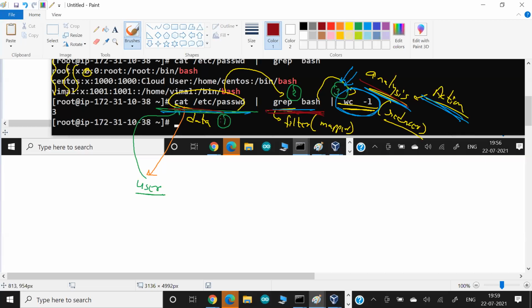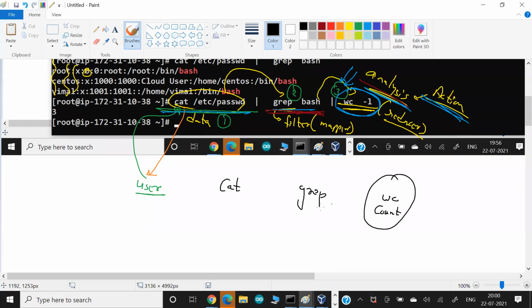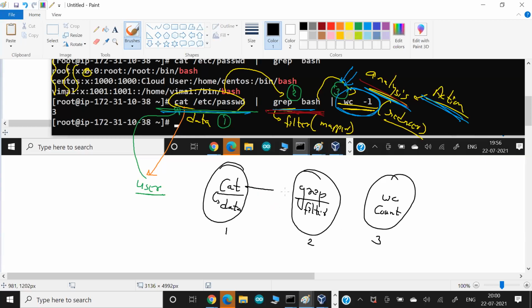So they go back. So technically, if I write over here, first we have a cat command, then we have a grep command, then we have a wc command, or maybe I can write a count command. Grep is something like a filter command. Cat is the one that will provide your storage or provide your data. So over here, what we have done is say we will do this thing first, this second, this third. So it is something like this.